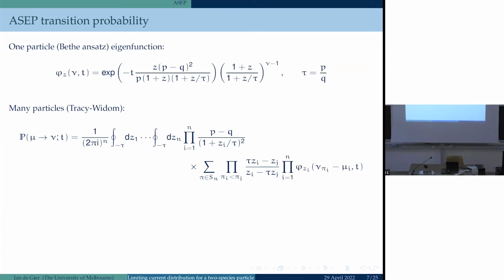It's the same eigenfunction as the XXZ spin chain, because these two models are very closely related. To satisfy the initial conditions: normally when you think of spin chains, you put this model on a ring. You have this Bethe-Ansatz wave function, and if you put it on a ring, that imposes some conditions on these complex variables z, and that gives you the Bethe-Ansatz equations. Here we're on an infinite line, and we're not satisfying cylindric boundary conditions. We have to satisfy an initial condition, and that is done by integrating over these variables z. So instead of imposing Bethe equations, I'm now going to integrate over them, and I need to put in a certain factor here to make it all work. And if you do it in the right way,